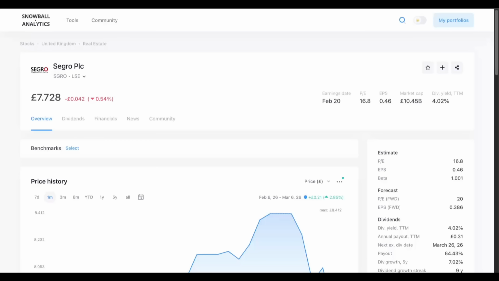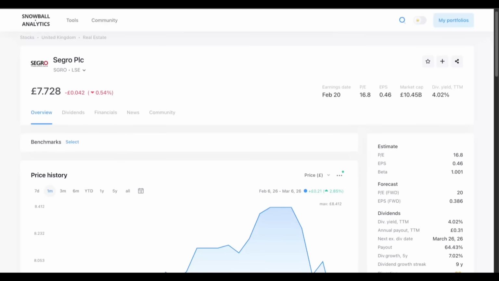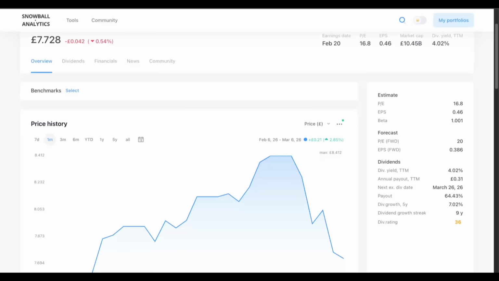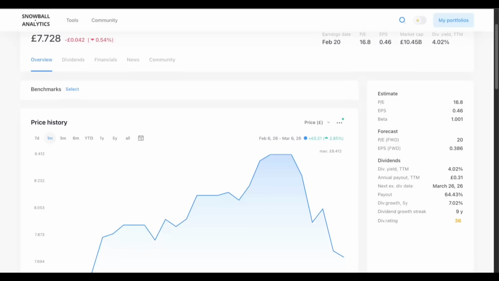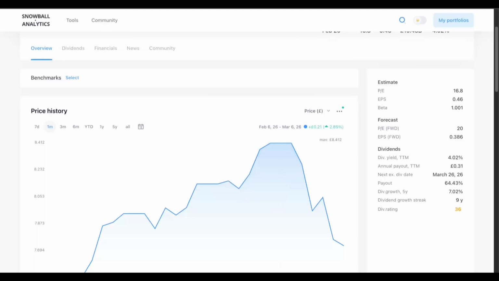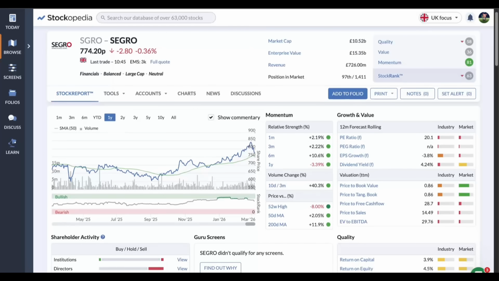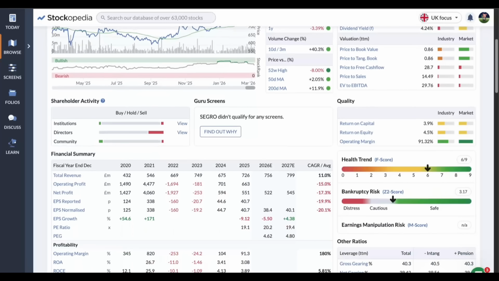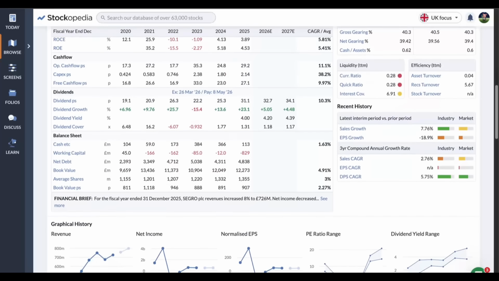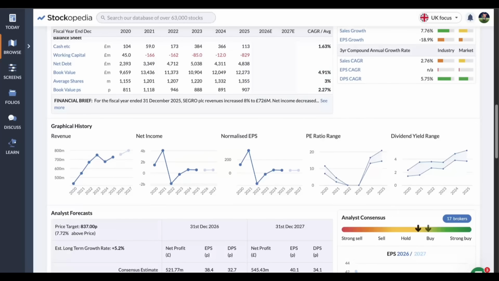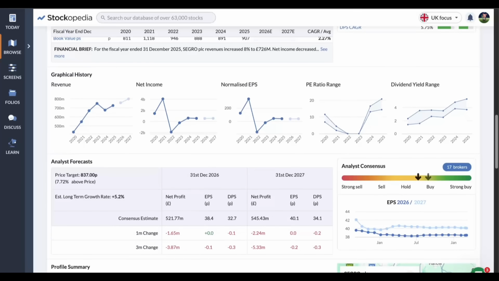stock ticker SGRO. They have a dividend yield at just over 4%, and over the past month have actually been up 2.85%. They also have a fantastic dividend growth streak at 9 years and a very respectable 5-year dividend growth rate at 7.02%. SEGRO's overall stock rank score has been taking a bit of a beating lately, with it now being down at 63, so that is something I do need to bear in mind, as for the most part I do want my companies to have a stock rank score above 80, and this is the only REIT within